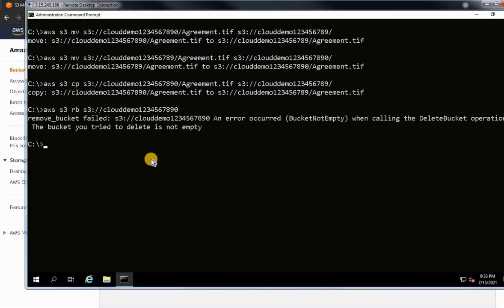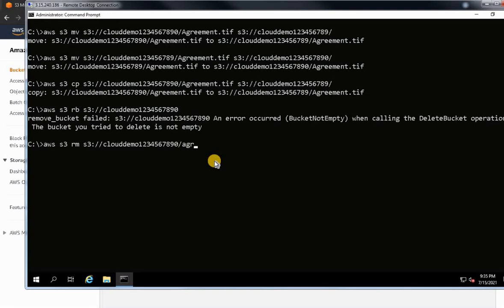You can see here it has given the error that the bucket is not empty. So what we need to do now is remove the objects in the bucket. I have only one file, agreement.tif, so I'm going to delete that. The command is the rm command, and I'm giving the file name as I know it.